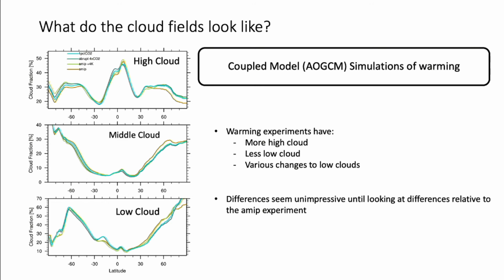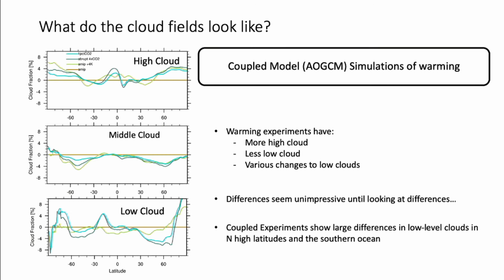So this is part of the influence of having an interactive surface and a dynamic ocean. And we'll see what that looks like here, where I've just taken the differences relative to AMIP. And here the coupled experiments really jump out in terms of what the low-level clouds are doing. And so we see that there's much more of an ITCZ, the intertropical convergence zone, in the southern hemisphere for